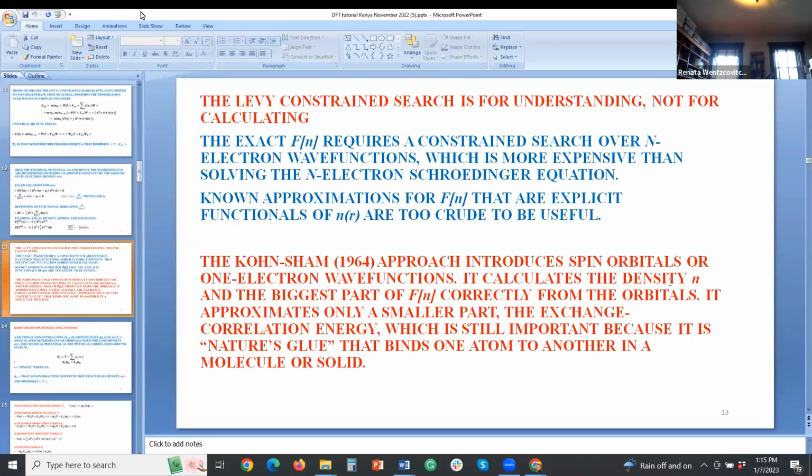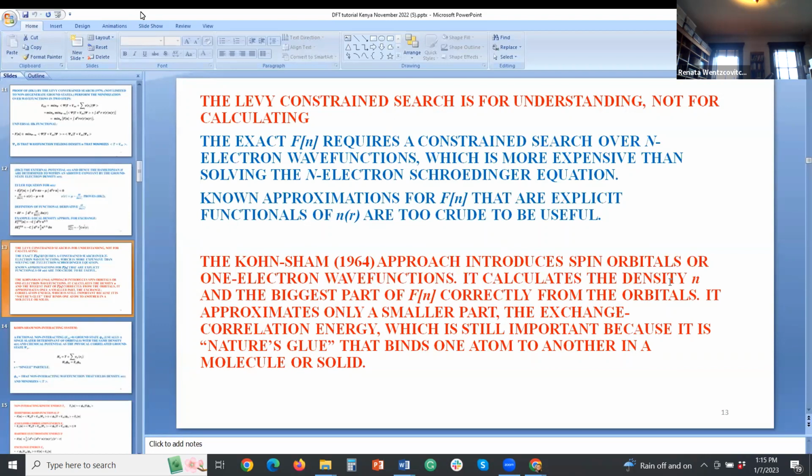If we approximate F of n with an explicit functional of the density, we typically find that although we can do that, the approximations are not accurate enough to be very useful. They give us some very general information about the energy, but they are not accurate enough to be helpful,